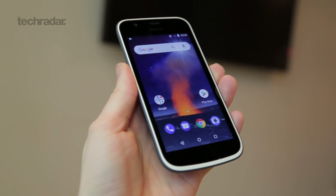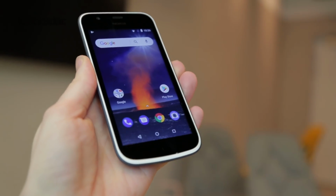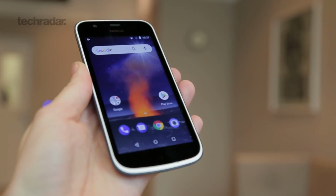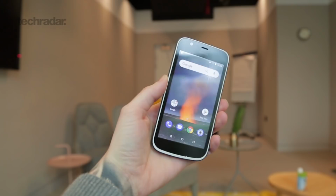It also has 4G connectivity. It has 8 gig of internal storage, although because of the Go edition of the Android system, over 5 gig of that is available to you, the user, so that's really good. The screen is an IPS display, so it's bright and colourful, even though it's not HD. And in terms of price, well, you're looking at just $85 US for this phone, so it is a low-cost